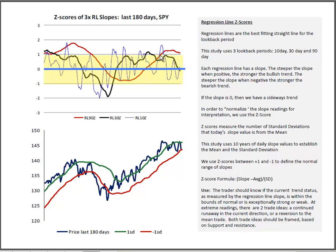The Z-score, the regression lines, you can see now the 90 has rolled over and getting ready to re-enter its plus or minus 1 standard deviation river. The 30 has rolled over and crossed below the zero line, so it just tipped negative. The 10 period has bounced a couple times, but you got a series of lower highs. This would be a natural place for it to roll over if this is still going to be weak. I want you to notice that when